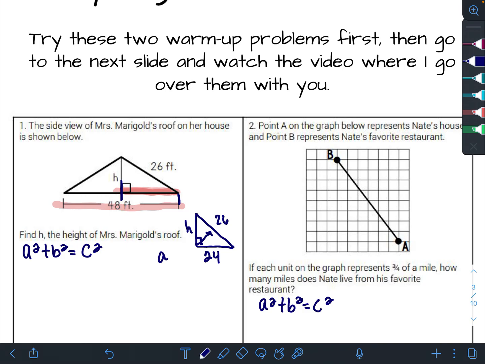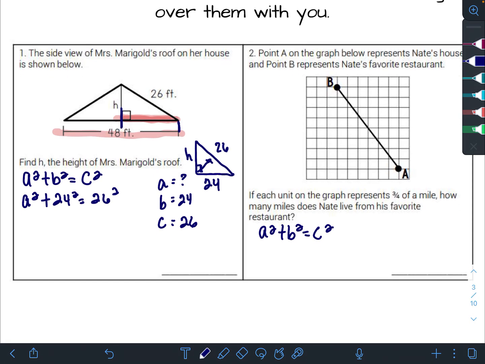So if I have A, B, and C, I know this 26 has to go where C is at. I can be looking for A, and B can be 24. So if I do A squared, I'm going to substitute 24 in for B, so I'm going to have 24 squared, and substitute 26 in for C, so I have 26 squared. I'm going to then square those. So 24 squared is 576, 26 squared is 676, and then I've got to get A